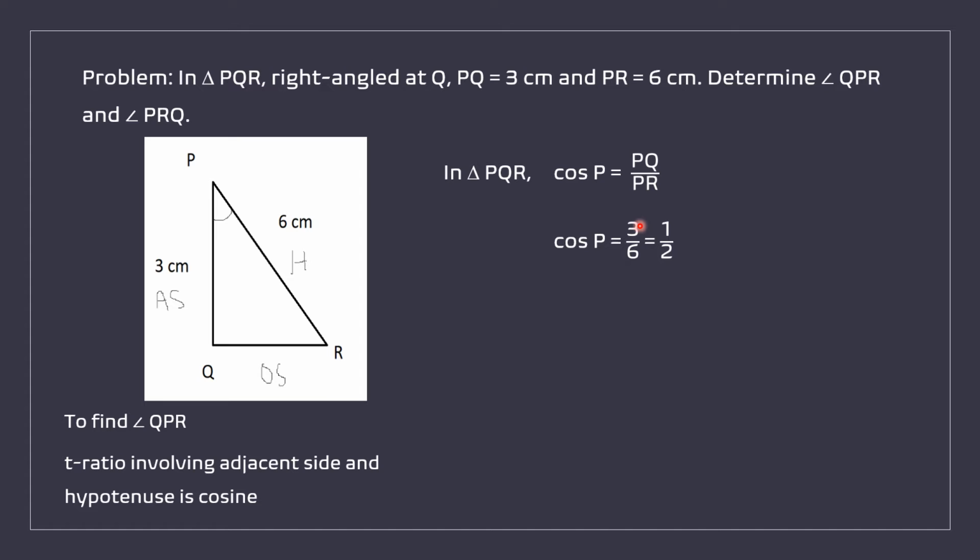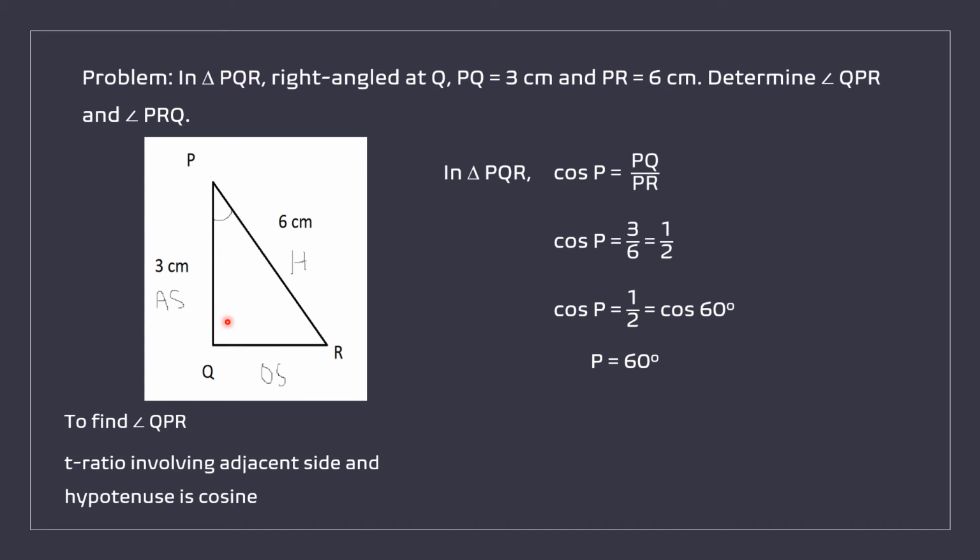The value 1 by 2 comes for cos when the angle is 60 degrees. Cos 60 is 1 by 2. That's why cos P is equal to 1 by 2, that is equal to cos 60 degrees. This step you can write only if you have learned by heart the values of T ratios. The values table you have to learn by heart. Therefore, cos is 1 by 2 when the angle is 60 degrees. Therefore, cos P is equal to 1 by 2 is equal to cos 60. From this you can conclude angle P is equal to 60 degrees. Now I got one angle, that is P is equal to 60. Third angle Q is 90. Angle Q is 90.